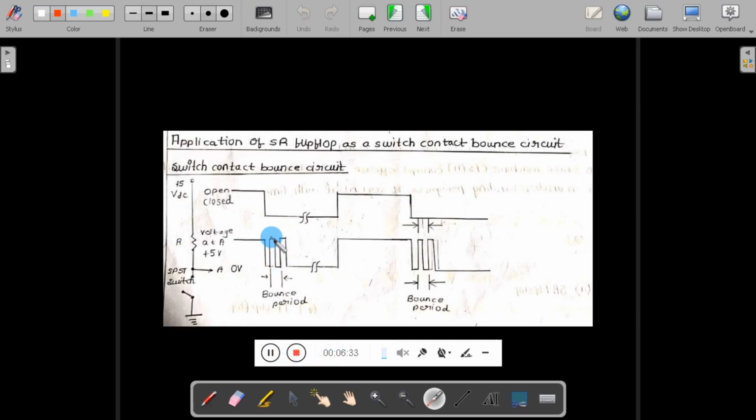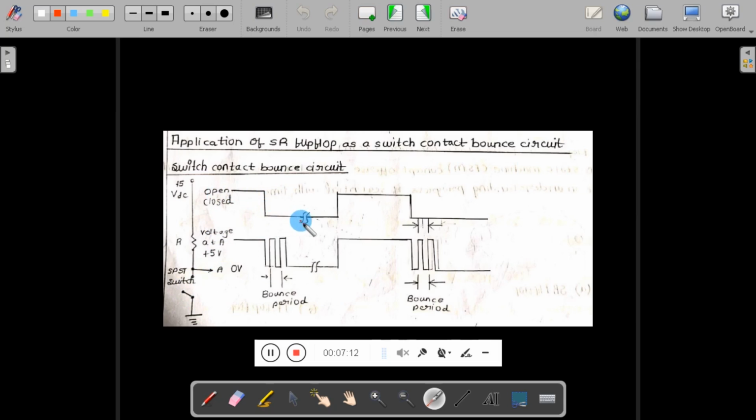One of the applications of the SR flip-flop is the switch contact bounce circuit. What do we mean by the switch contact bounce circuit? The diagram shows the circuit. Here you can see we are using a switch connected to a voltage source, and right now the switch is open. When the switch is open, the voltage at point A is 5 volts. When the switch is closed, then